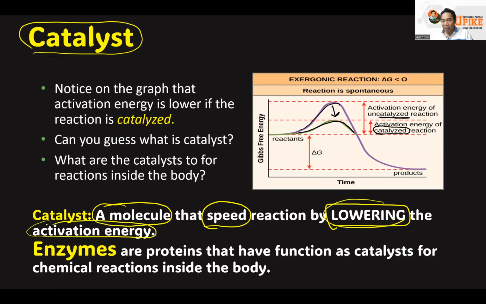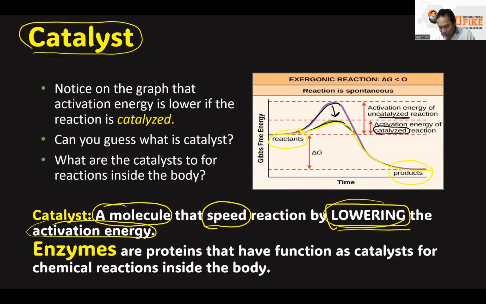So that's the definition of catalyst. Again, catalyst is a molecule that speeds up reaction by lowering the activation energy. When the activation energy is lower, what happens? Then the reaction will start faster. Okay? So these reactants will be converted into the product faster, compared to